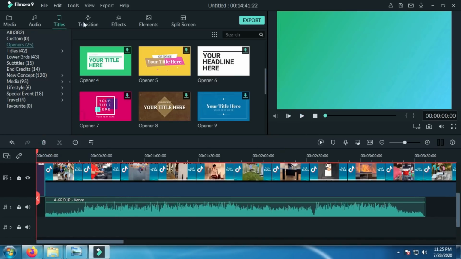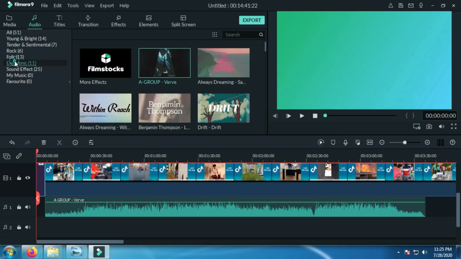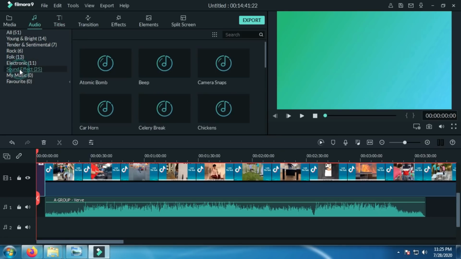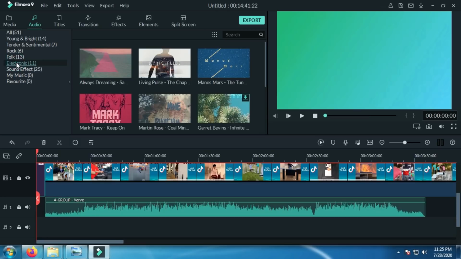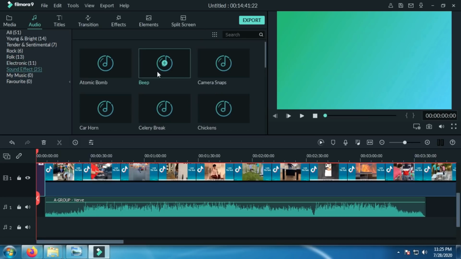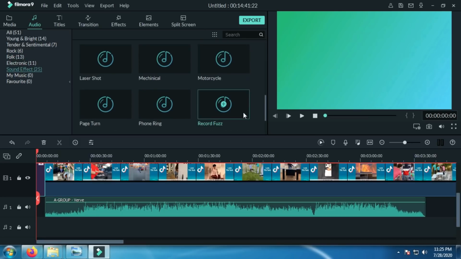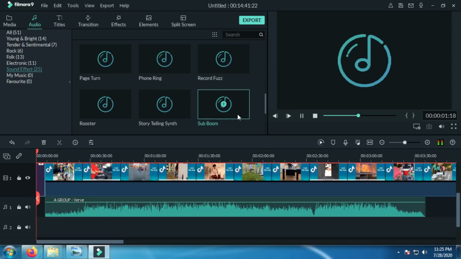I'm going to add some opener music. Go to sound effect. See this option.